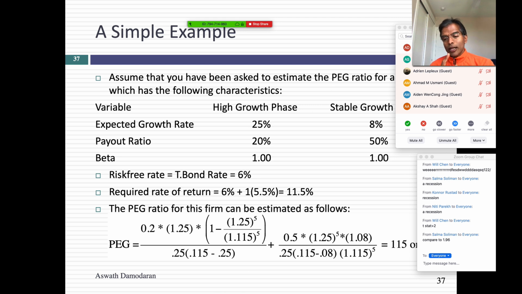Already you can see that a rule of thumb that some people use is false. One rule of thumb that you will see used by analysts who use the PEG ratio is they argue that a PEG ratio less than 1 means you're cheap. I have no idea why they came up with this rule. It's definitely not true, because this stock is going to be trading at a PEG ratio of 1.15 and it's trading at fair value. So get rid of that simple rule of thumb.